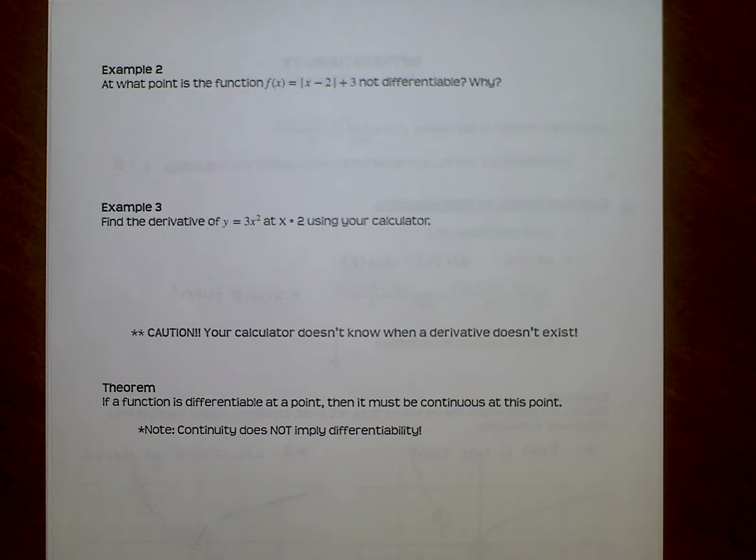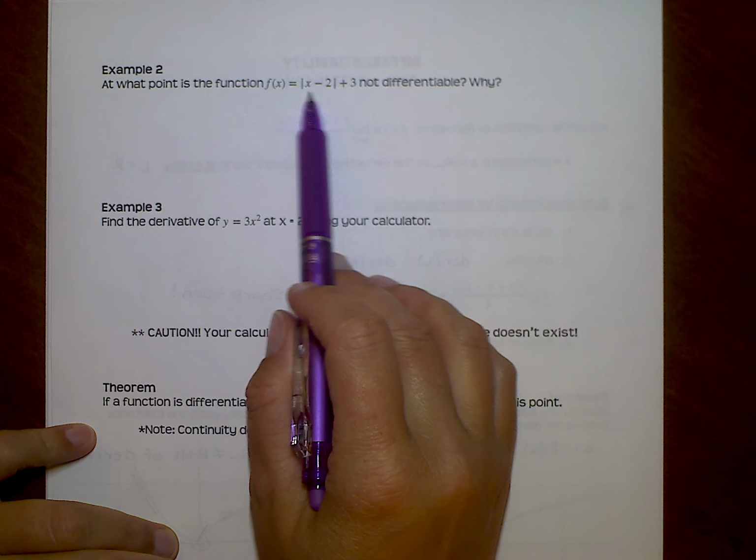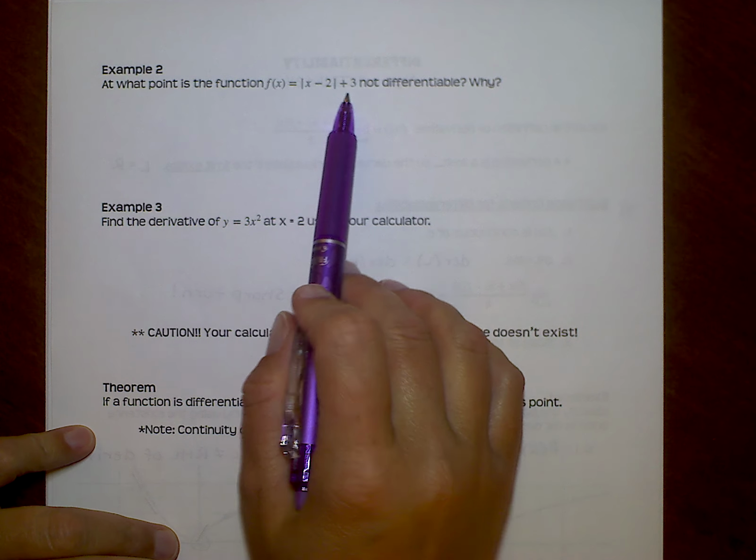And the reason for that is the derivatives do not approach the same value coming in from the left and the right. And since the derivative is really a limit of these slope values, if the right and the left are approaching two different things, you don't have a derivative there. And then the third one was you can't have a vertical tangent line because you can't find a slope for a vertical line. So if we're looking at this function, absolute value of x minus 2 plus 3, there's a